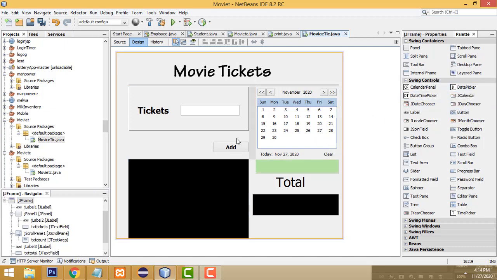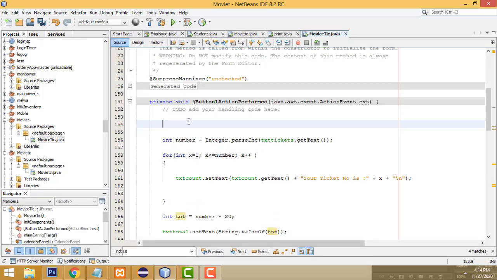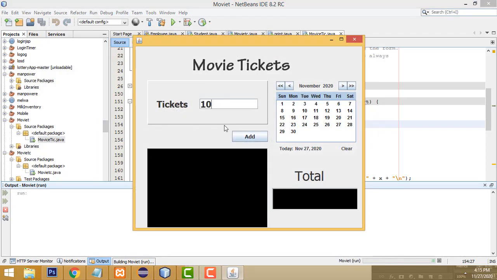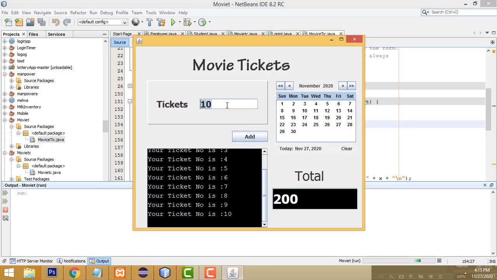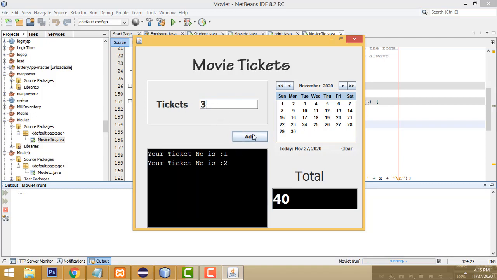Very simple way. So after that, here you have to first clear the text box. txt count dot set text, clear. Why I put it here is when you enter 10, 10 tickets come here, again I am going to put 2, it will be cleared and entered here. If you enter 3, it clears and enters here. If you enter 7, it will be cleared and 7 entered. Each time it will be cleared and work fine, right?